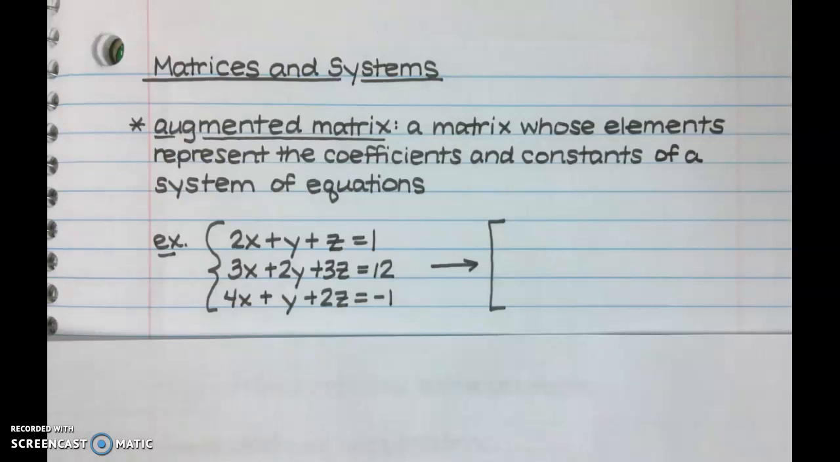Today we're going to finish up this short unit on systems and matrices by pulling the two concepts together. So first, let's talk a little bit of vocabulary. We're going to talk today about augmented matrices. Let me say that word again: augmented matrices. An augmented matrix is a matrix whose elements represent the coefficients and the constants from a system